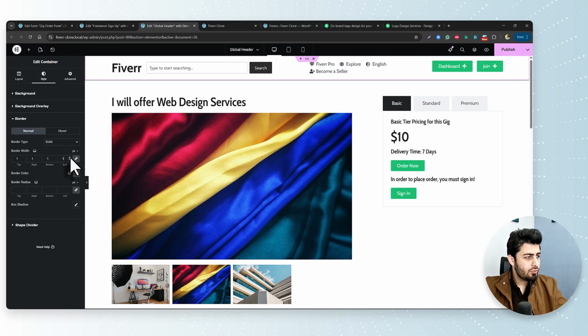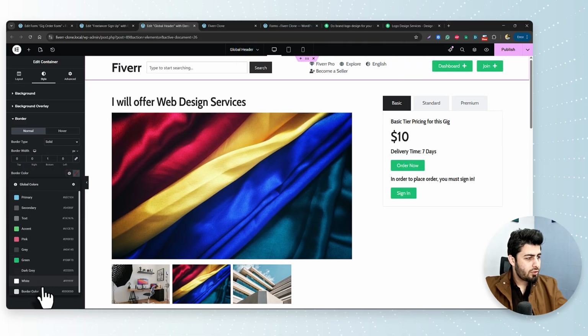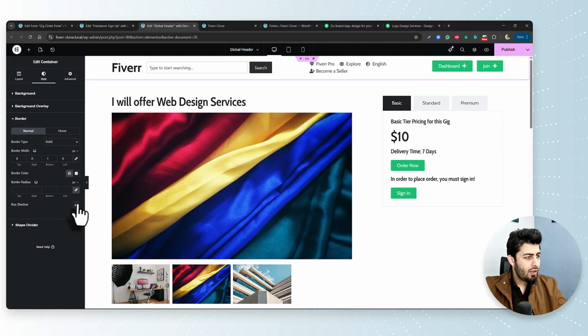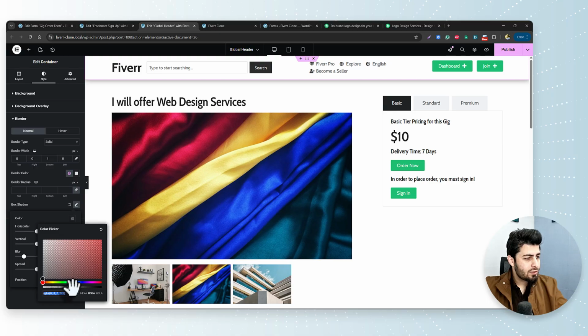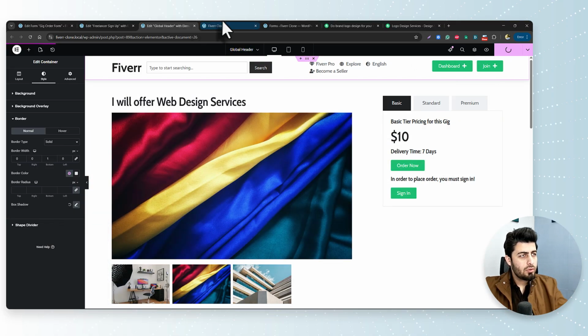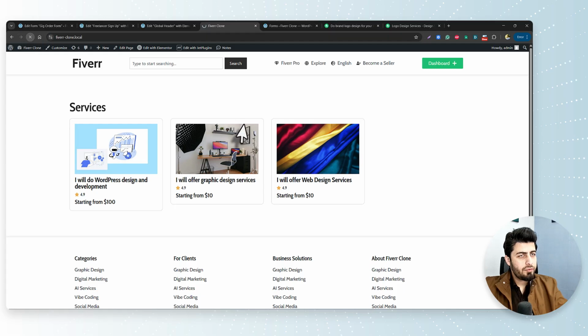Let's say bottom 1px, and the border color should be this. And I can also add a box shadow of, let's say, 20 with a very light color. Yep. Now here if I refresh,